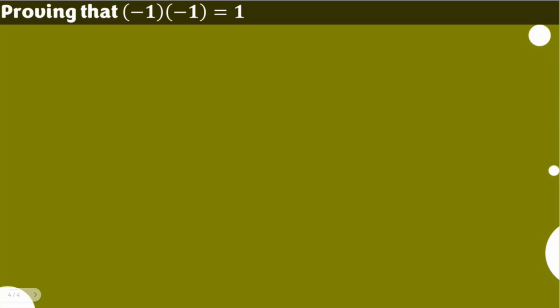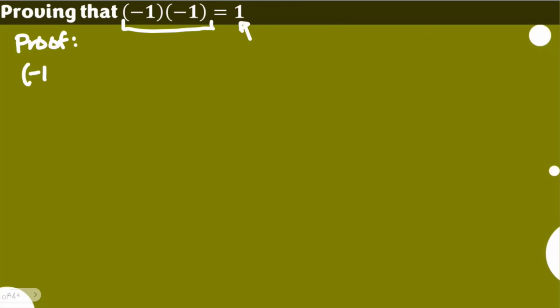This is not to give another reason for us to doubt that the product of two negative ones is +1, but just to show that there is another proof under the algebraic properties of R. So we are going to show again the product of -1 and -1 being +1 using the algebraic properties of R. Our goal here is to start from the left hand side and arrive at our right hand side. So let us start.